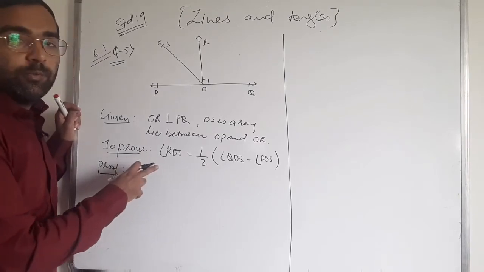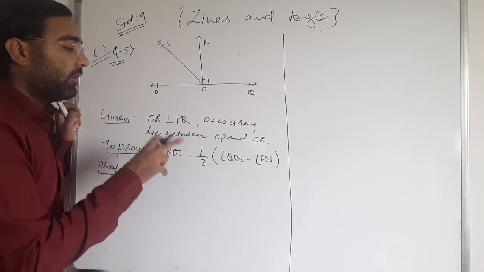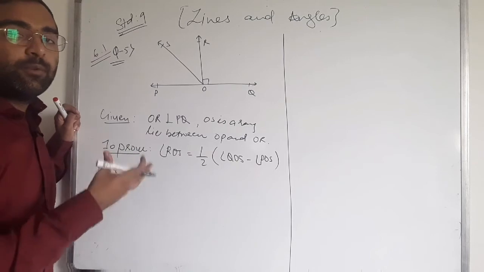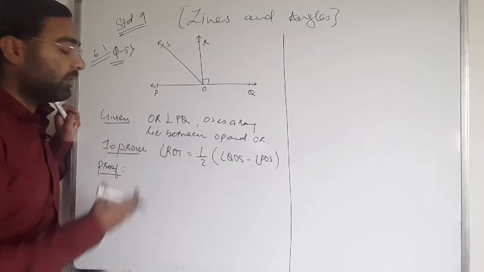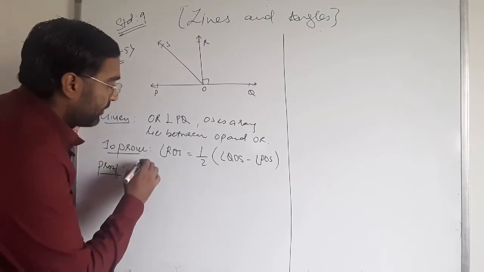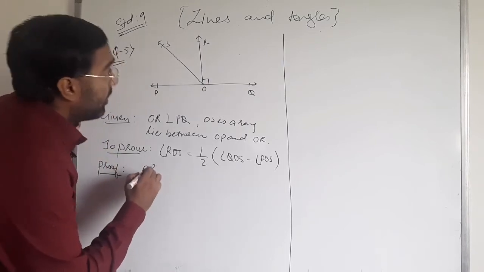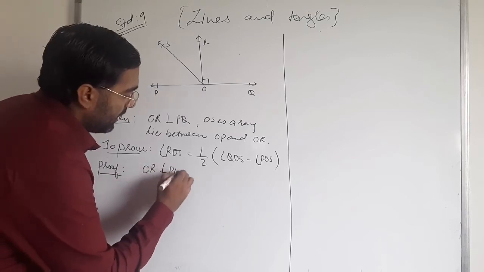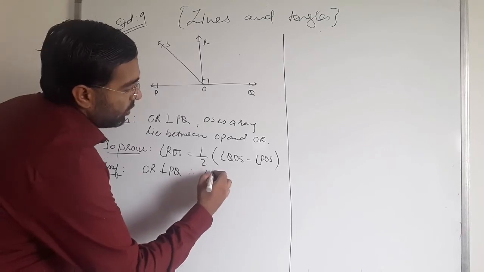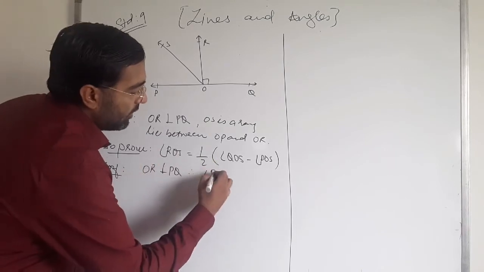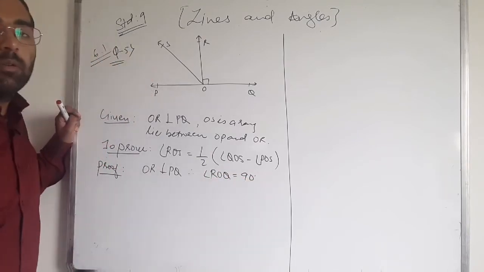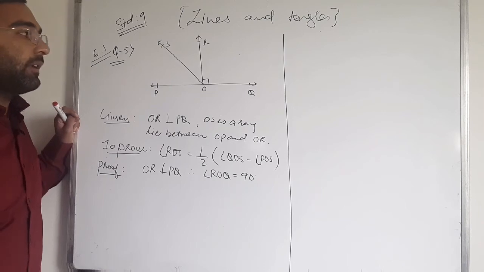In the proof, we must make it clear that we want three angles, that is ROS, QOS and POS, and after that we have to solve them to find this result. Okay, so from the proof that is given, OR is perpendicular to PQ, therefore angle QOR or ROQ, any one of them you have to write, ROQ is equal to 90 degrees. Okay, ROQ is 90 degrees.